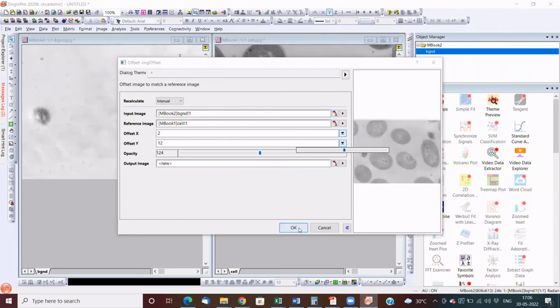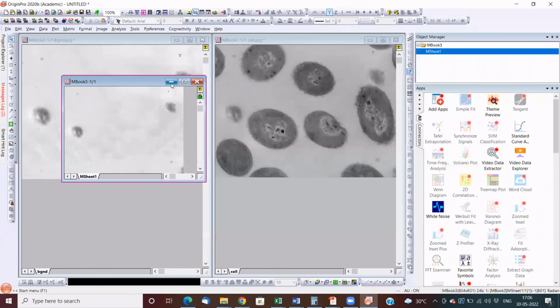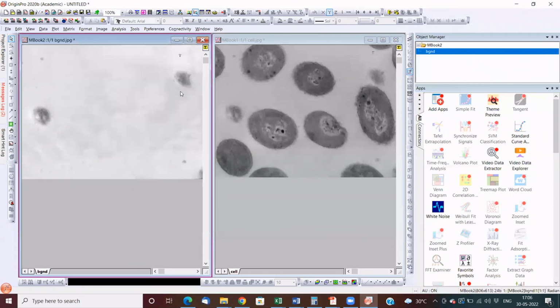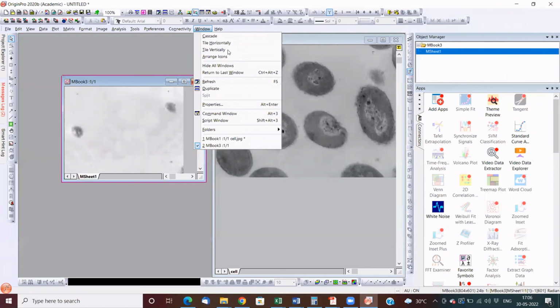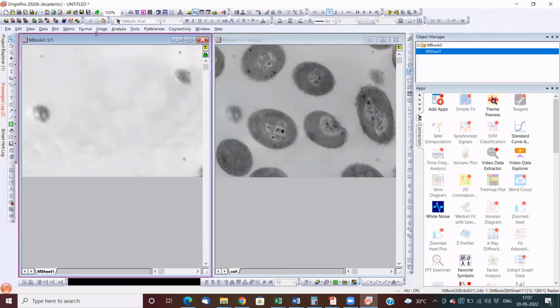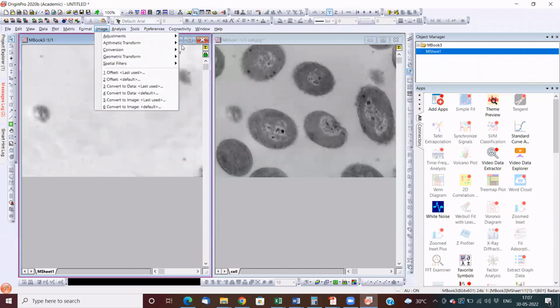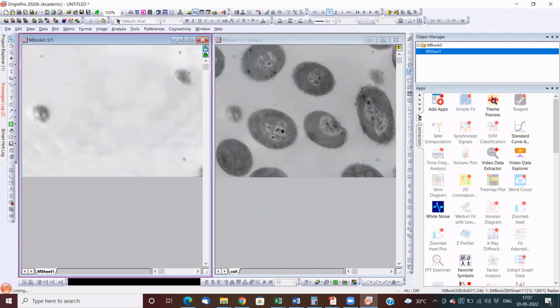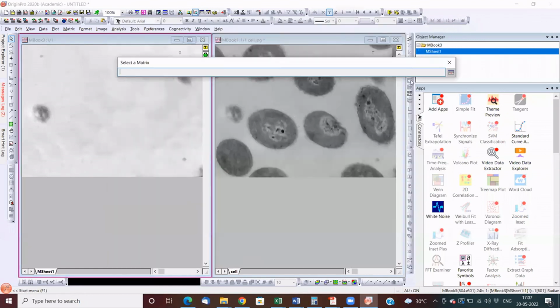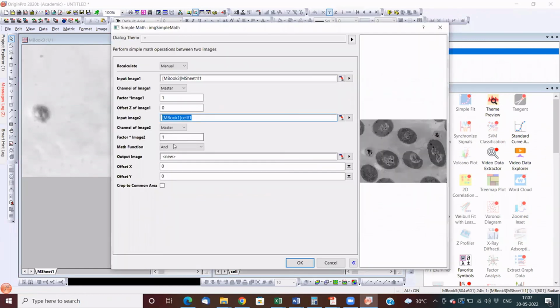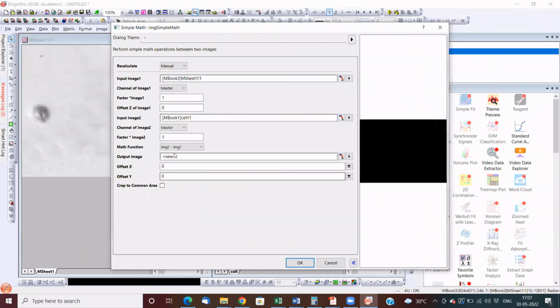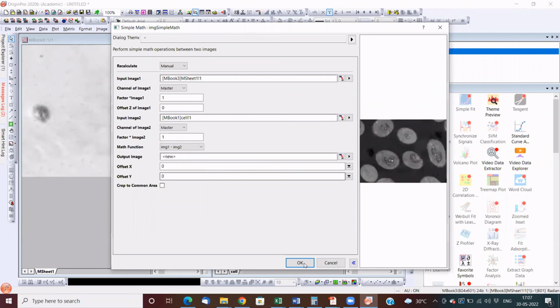Okay, let's say these 2 images are merged and this is a result image for now. So I don't need this image, so I'll just hide this. I'll tile vertically. Now let's say if I go to image and do arithmetic transform, simple math. So let's say this is image 1, then the second image is this one I'll take. And let's say I'm going to use image 1 minus image 2,